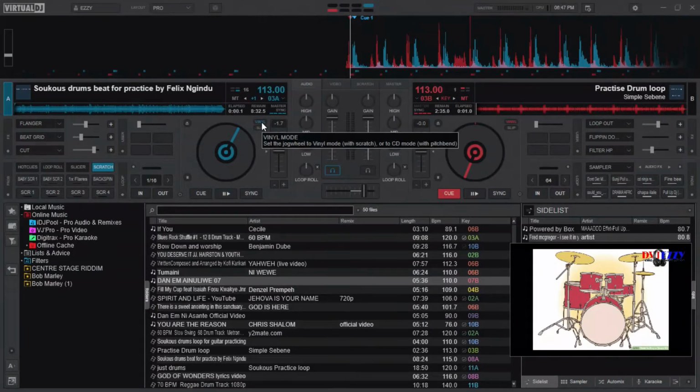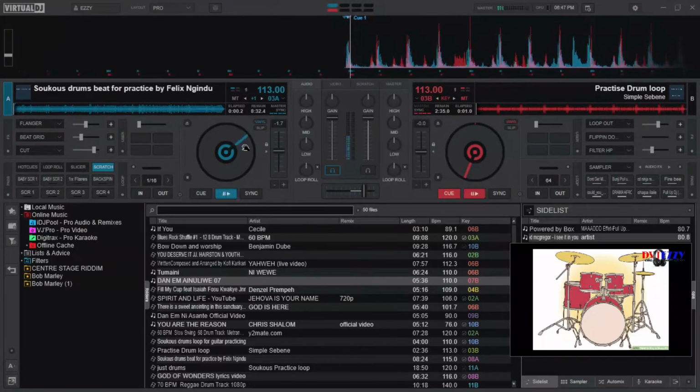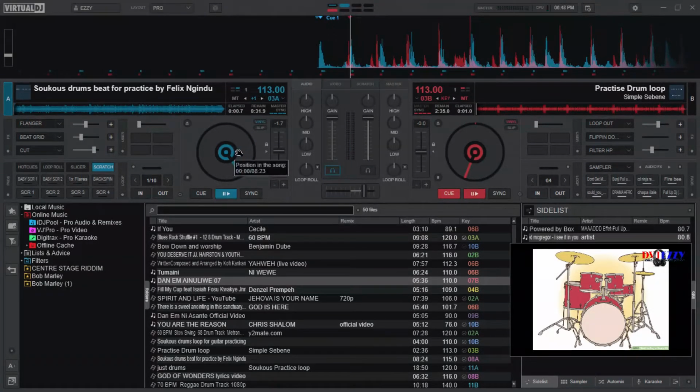The vinyl allows you to scratch, and when you scratch from here, you are going to hear some sound effect. That is a scratch. That is the manual one from the jog wheel, and I'll show you another scratch from up here.